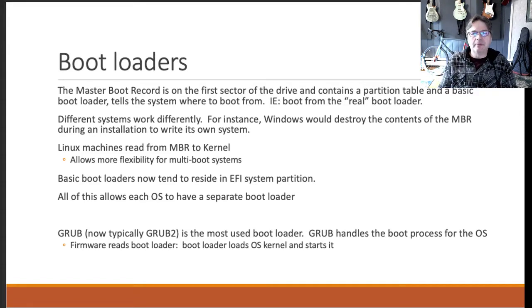Next thing we want to talk a little bit about is grub. You're going to hear this word grub when talking about Linux. Usually we're actually talking about grub 2. But grub is the bootloader that is most typically used in Linux systems. It handles the boot process for the operating system. So the firmware reads the bootloader, and then the bootloader loads the OS